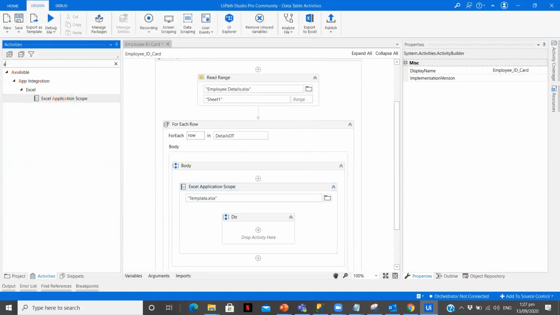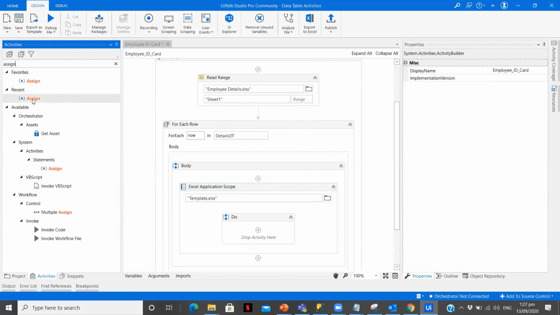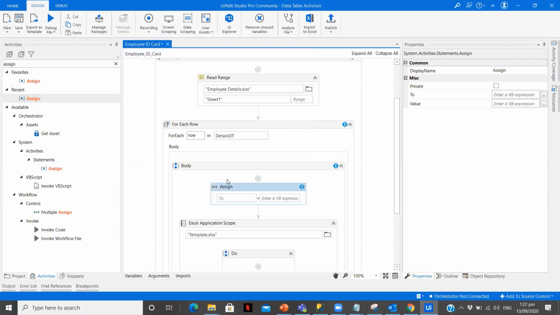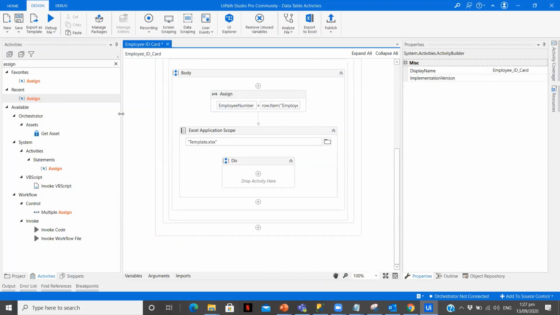And since we want to name the PDF with the employee number, we are going to save that in a variable so that we can change it dynamically and name our PDF file. So here the syntax is to take the Excel row data into a variable employee number dot toString. Okay, so we have the employee number.